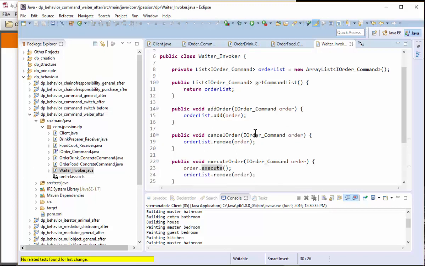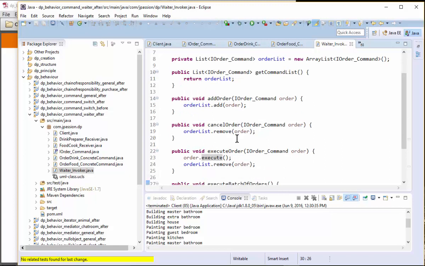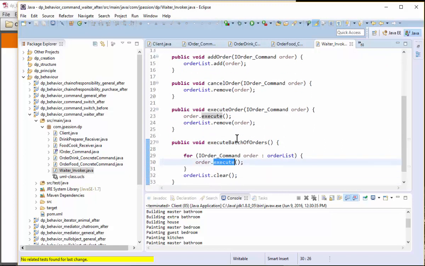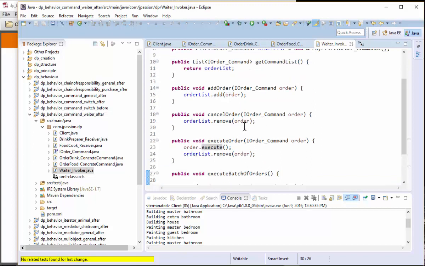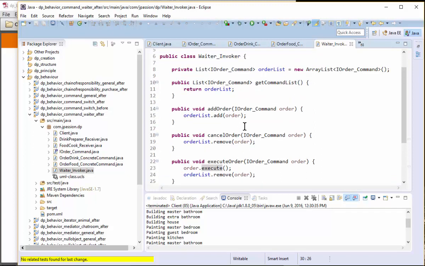Okay, so we have add order, cancel order. We could have undo order. So we can probably have an undo order, meaning it probably performs something. Okay, so basically this invoker does keep track of the commands that have been received. Okay, all right, now if you take a look at the